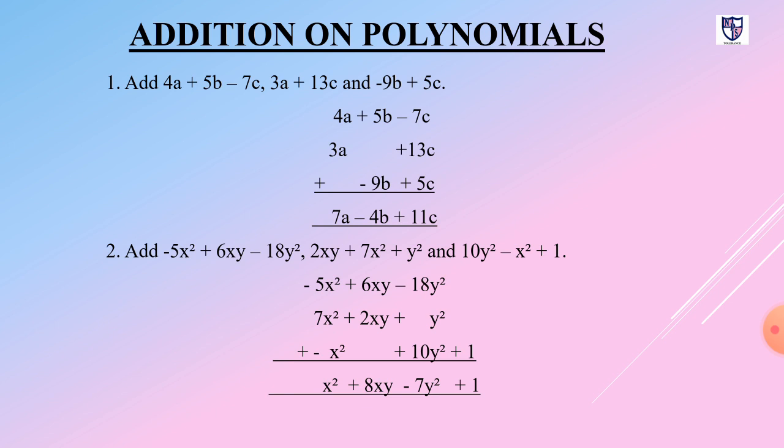Then minus 5x squared plus 7x squared and minus 1x squared. First of all, we have to solve minus 5x squared plus 7x squared. Here we also have two different signs, and we have to subtract 5 from 7. We get 2x squared because 7 is the larger term and its sign is positive. Then 2x squared minus 1x squared. We have to subtract 1 from 2. Then we get plus 1, and the answer is 1x squared.